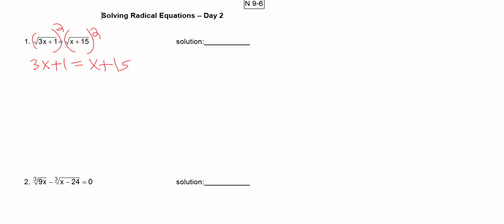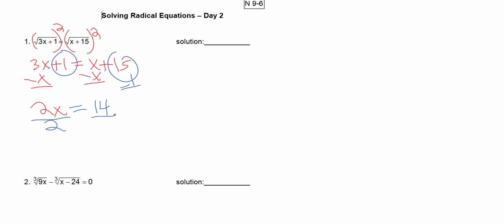And we just solve this simple algebra problem. So we're going to subtract x and get 2x. And we're going to minus this 1, bring it over here. So that would be 14. Divide both sides by 2, and x equals 7. So just like in the cases before, we need to verify these answers and make sure